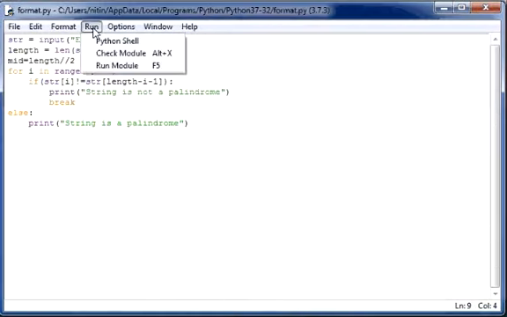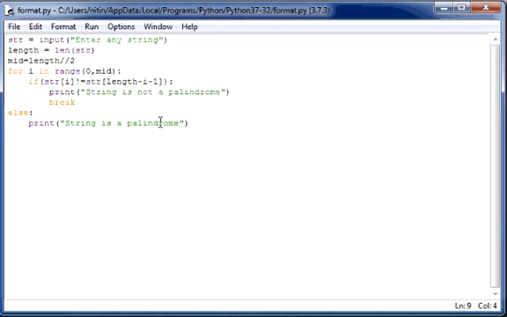So in the palindrome string program, first check the first character with the last character. If it is not equal, then print string is not a palindrome. Second character with the second last character, and so on. You will check all the characters. If it is not equal, then it prints string is not a palindrome. Then after checking this, if all the characters are equal, meaning the first character matches with the last, the second character matches with the second last, and so on, then it will go to the else part and print string is a palindrome. Now move to the next slide.